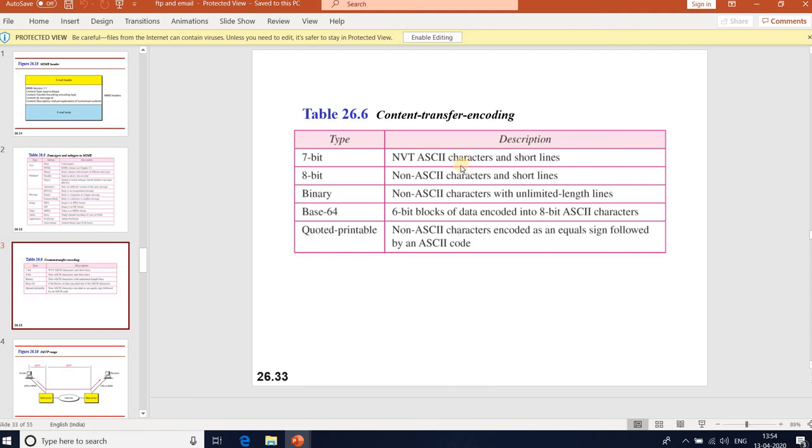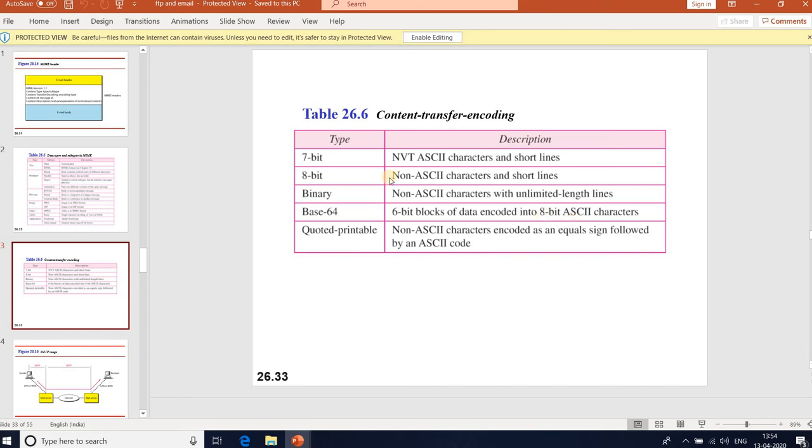The length of a line should not exceed 1000 characters in 7-bit. In 8-bit, non-ASCII characters can be sent, and the length of a line can exceed 1000 characters. Generally, the SMTP protocol must be able to transfer this binary data. And base64 encodes blocks of data into 8-bit ASCII characters.